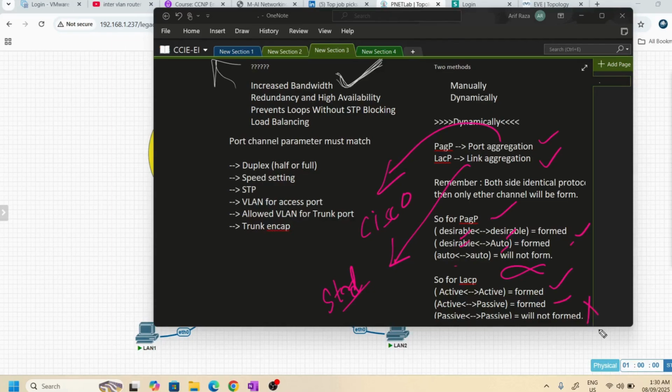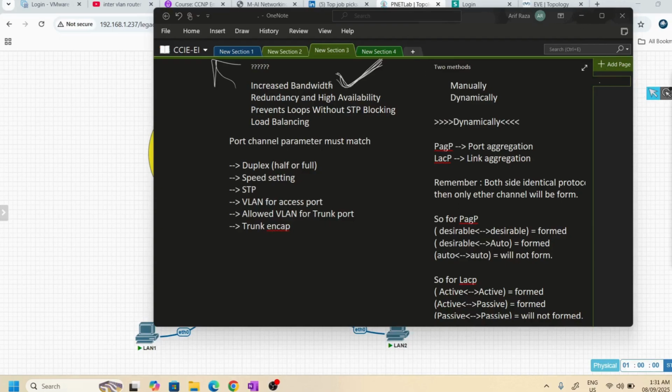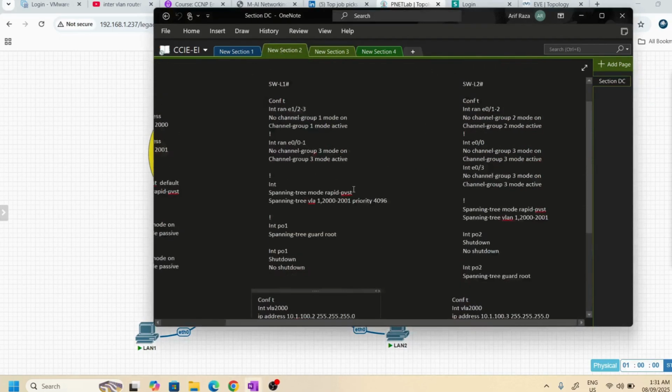So this is what I just wanted to show you. It's not a deep dive of the theory part. Okay, so let's jump into the configuration part. Let me open it, and here you can see the configuration.